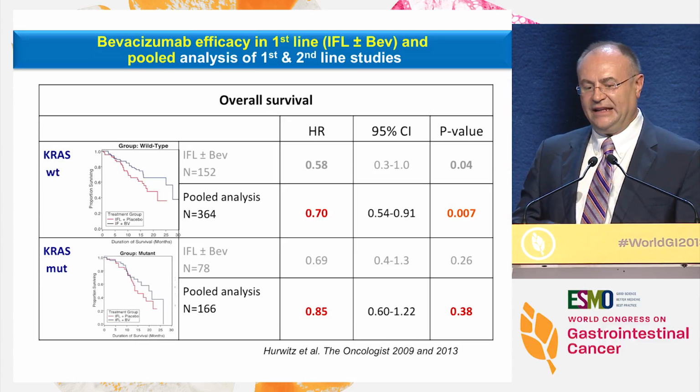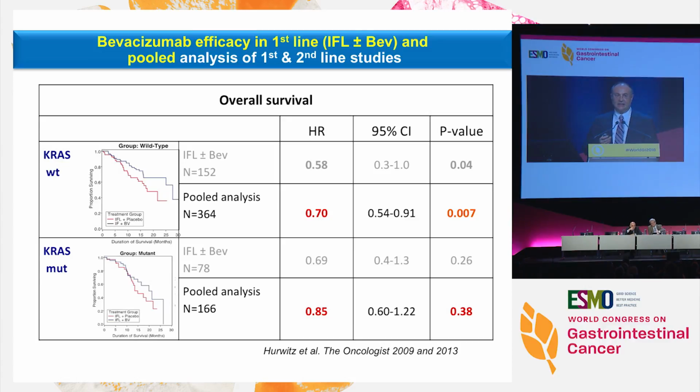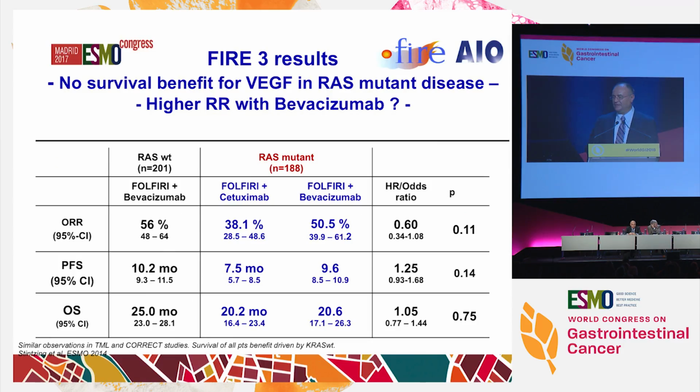Are we doing the right thing right now? Is the treatment we suggest really effective? Well, there are interesting data. This is from Herb Hurwitz showing that the efficacy of bevacizumab, our default, seemed not to work very well in mutant. You can see in the subset analysis it did not associate with overall survival, only in wild type in the registration trial. When you look at the FIRE3 data, you see higher response rate and a longer progression-free survival, but the overall survival in mutant versus wild type BEV was the same as cetuximab.